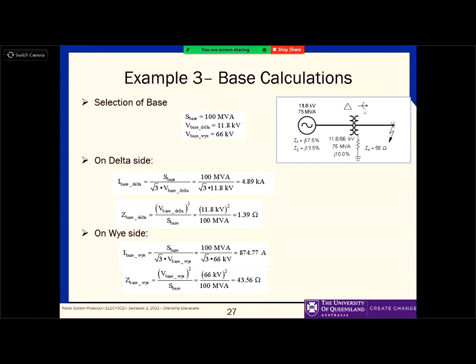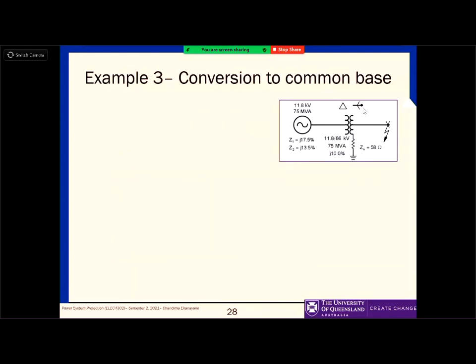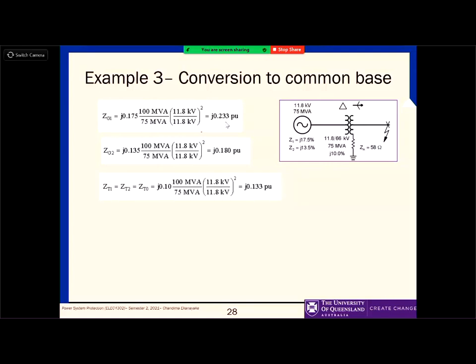The next step is converting every parameter to the corresponding per unit quantities. The first is generator one, because since I took the 100 MVA base, I have to change it from 75 to 100, right? This is the old and new base; the voltages are the same, therefore that cancels out. So generator gives 1.233. Now the same thing will be done for the negative sequence impedance, and then the same thing is done for the